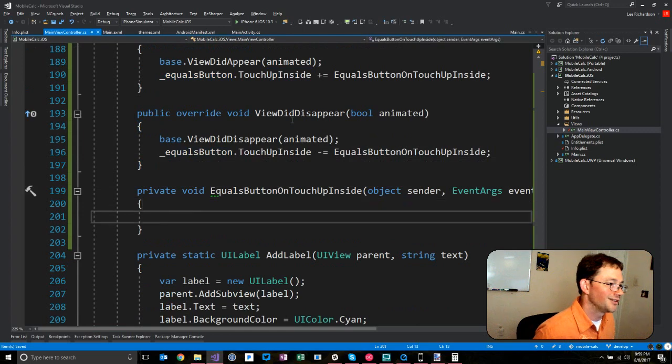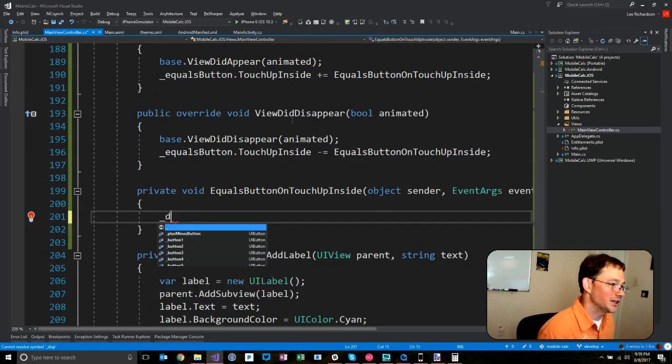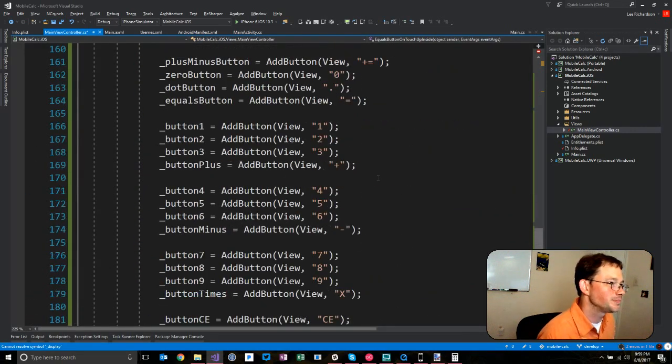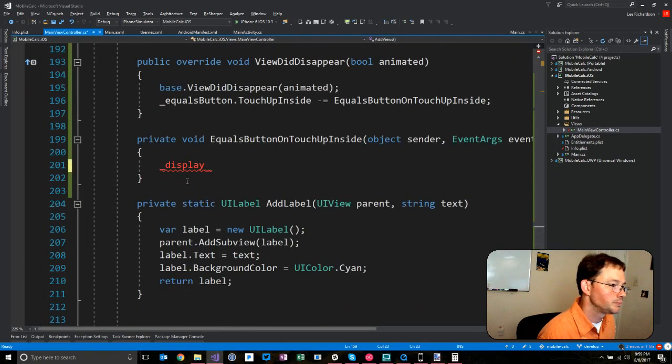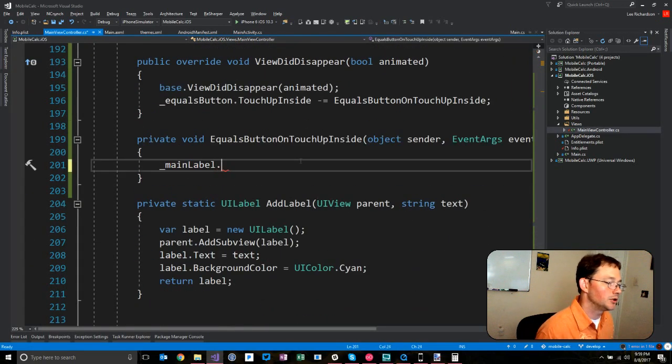You wouldn't care. But when you touch the equals button, how about we set the display main label dot text. Really is called text, not like button where you have to call set text. Equals, gotta do